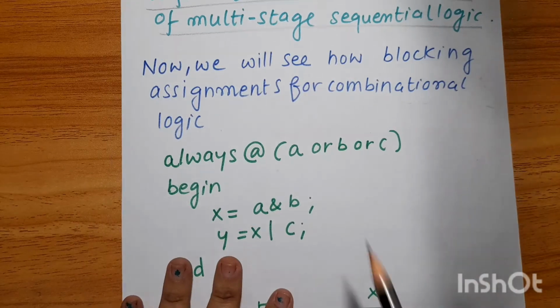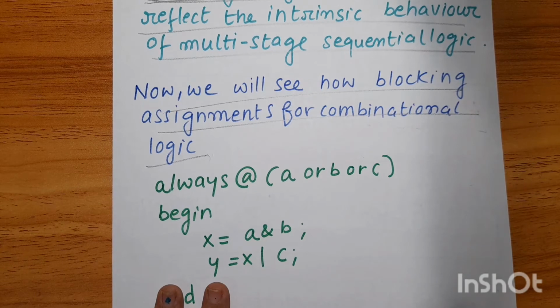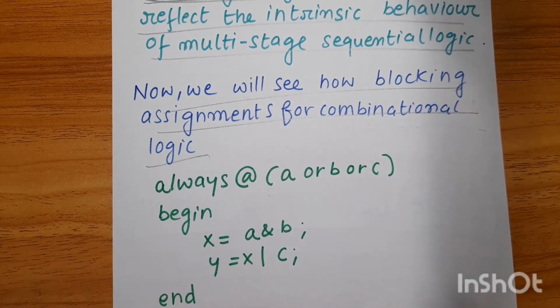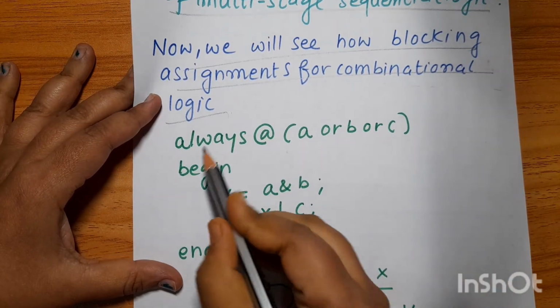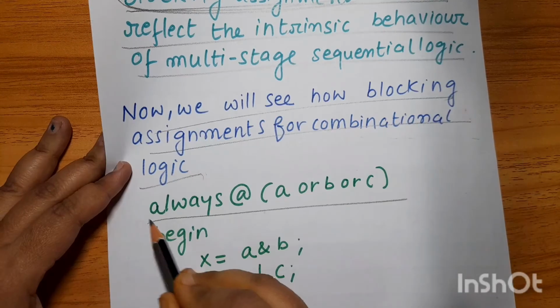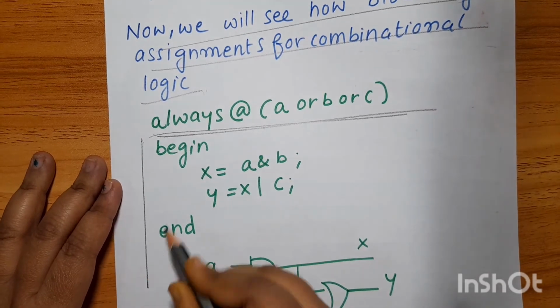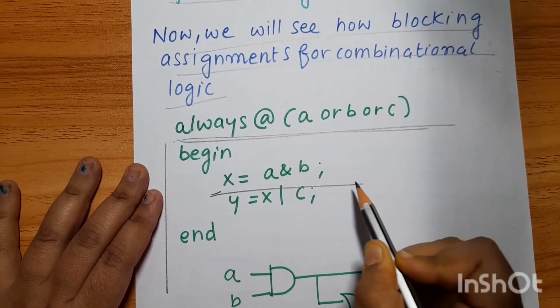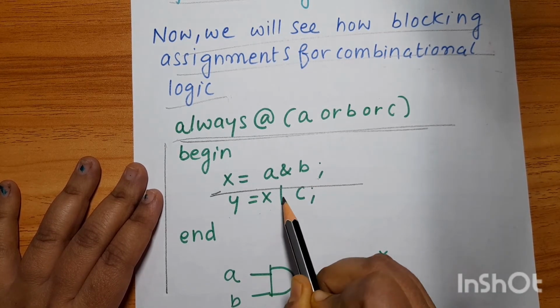So now we will see how blocking assignment is used for combinational logic. We saw how non-blocking assignment is used for sequential logic. Now we will see how the blocking assignment is used for combinational logic. Always @(A or B or C) begin X = A & B; Y = X | C; end